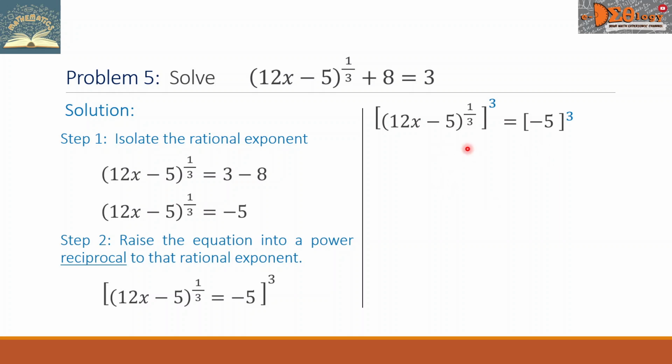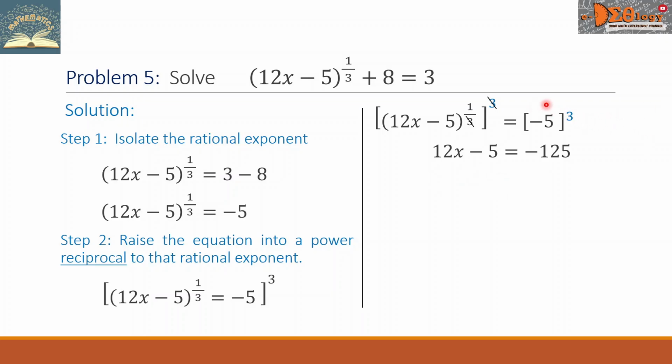Now let us simplify the left side. This 1 over 3 power we multiply to this 3, or simply we cancel this 3 by the denominator. That means we simplify by putting this 12x minus 5 down, equals,